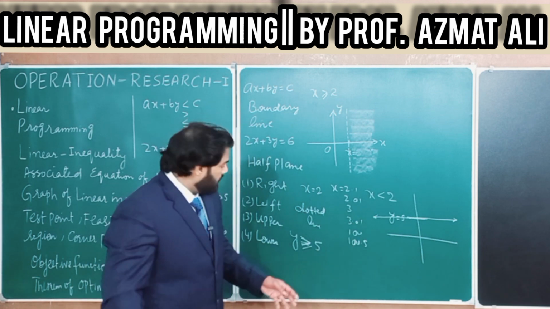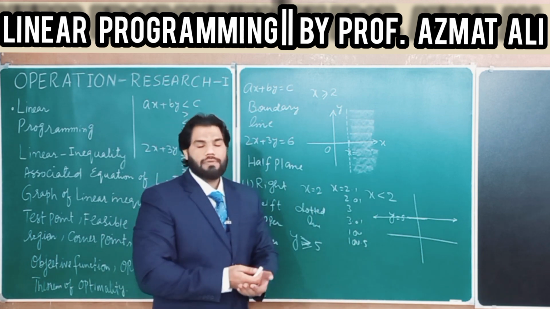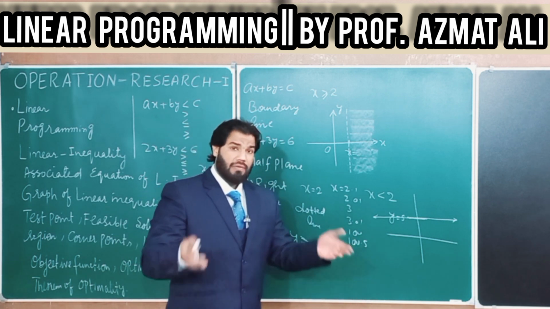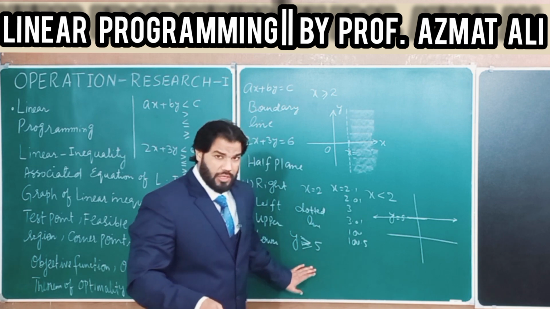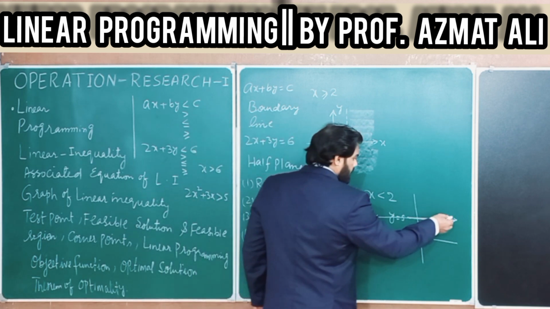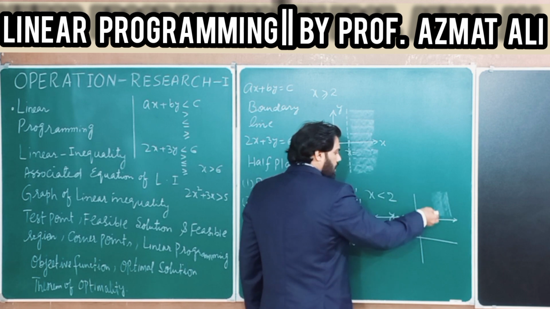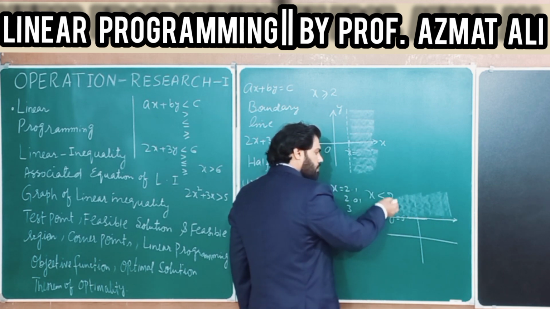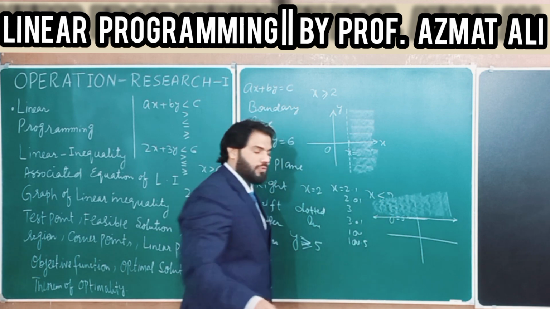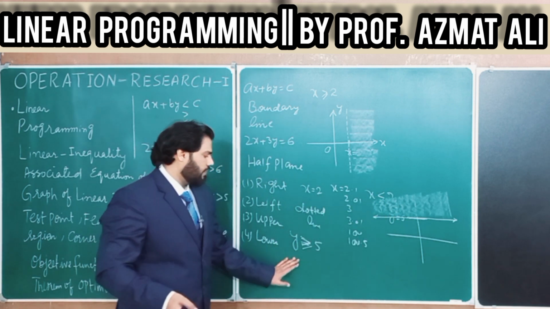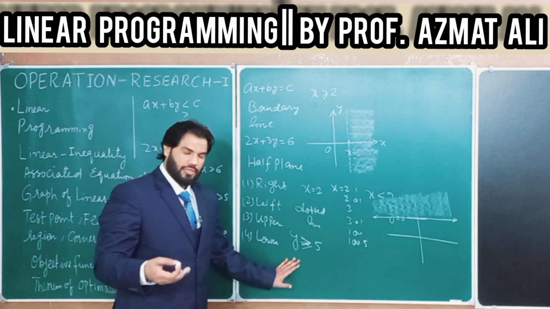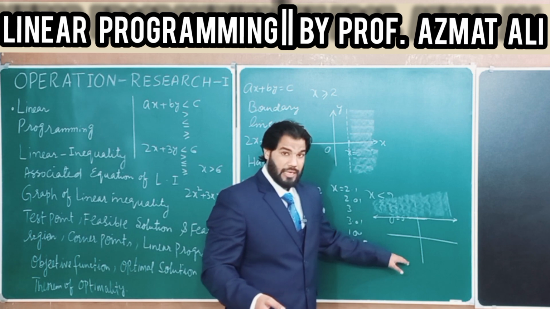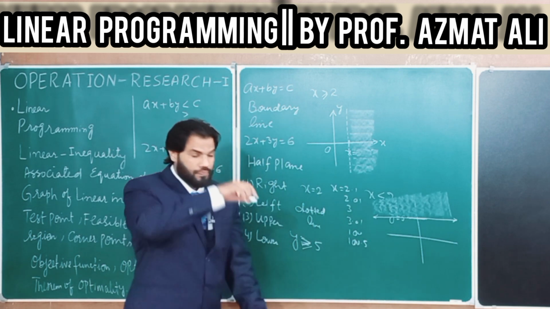But we need to find the graph of y greater than or equal to 5. Greater than or equal to 5 means all those values that are greater than 5 will be in the solution of this inequality. So our graph will be this, above this line. And similarly, if we draw a graph of y less than 5 or less than or equal to 5, then the graph will be below the line. That will be the lower half plane.